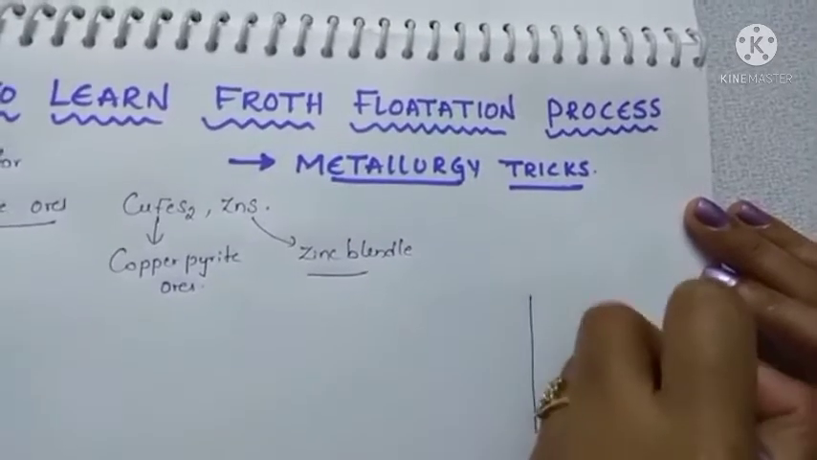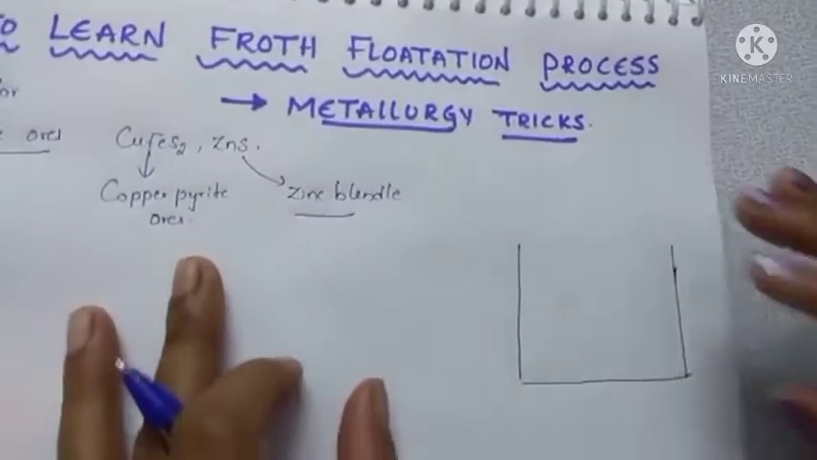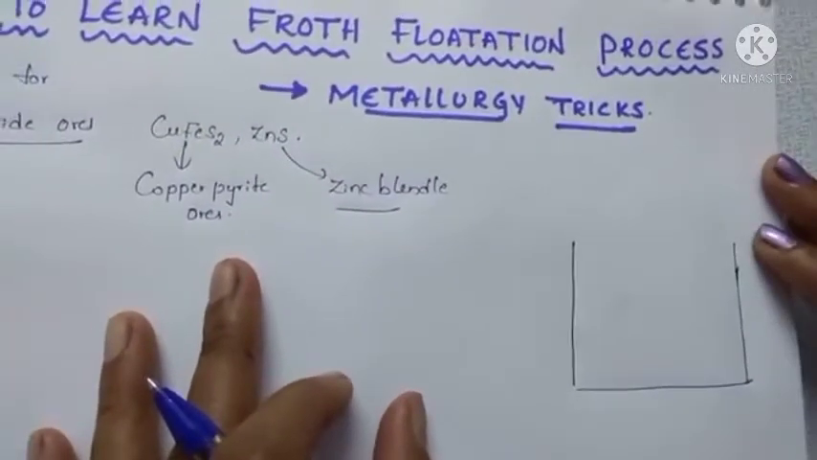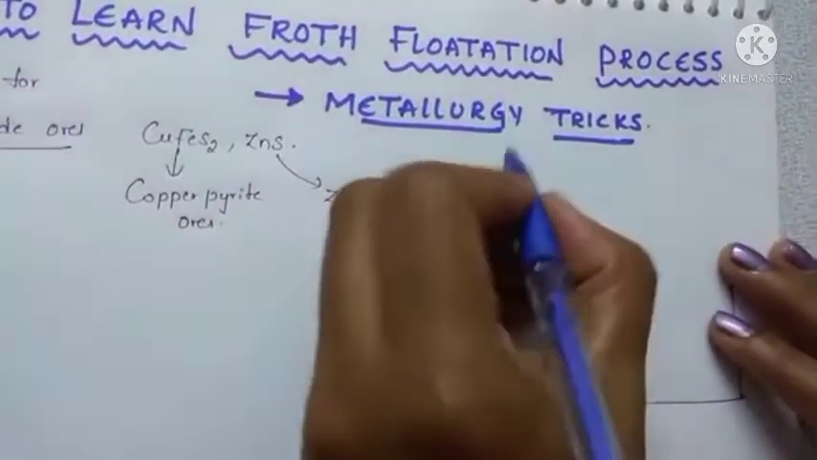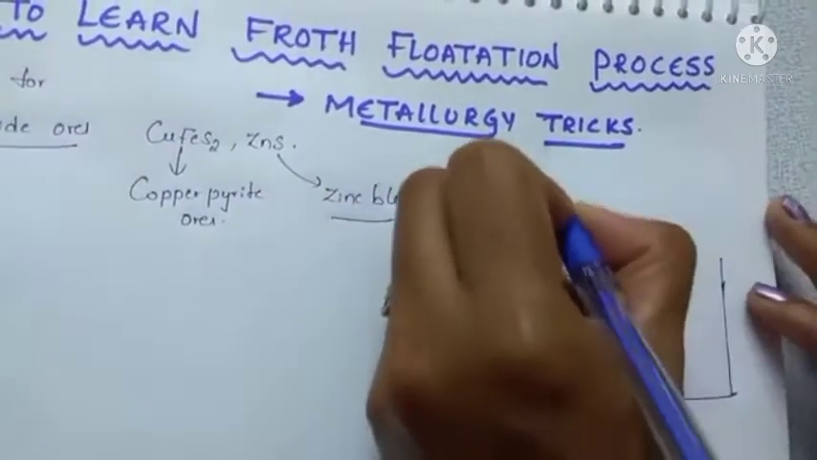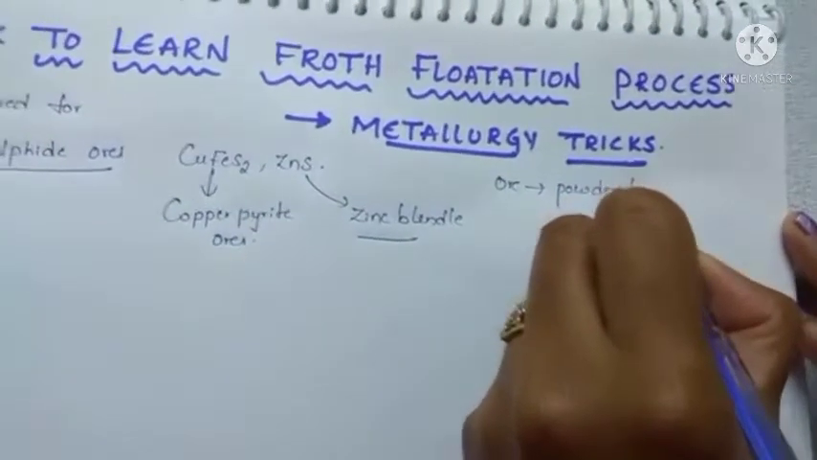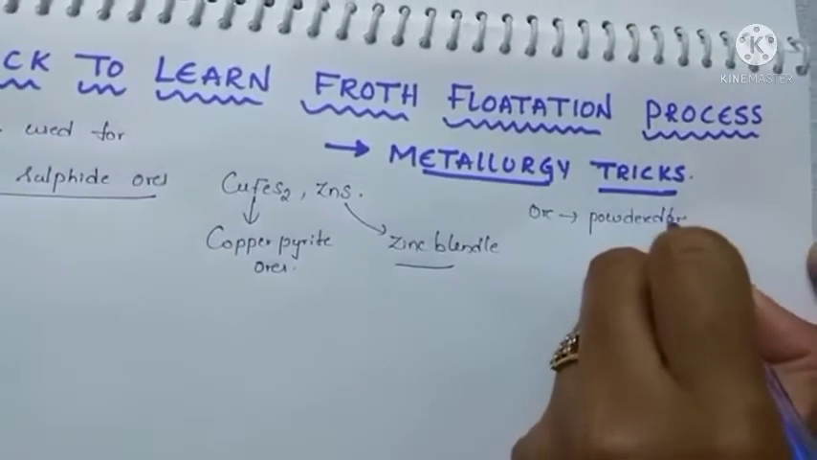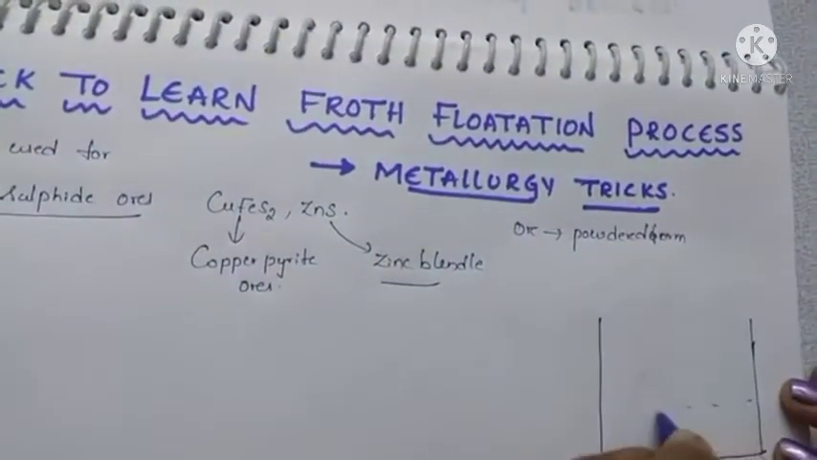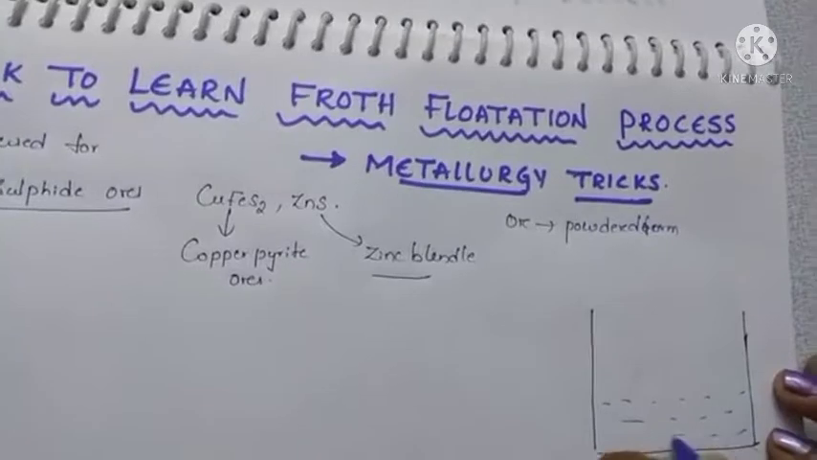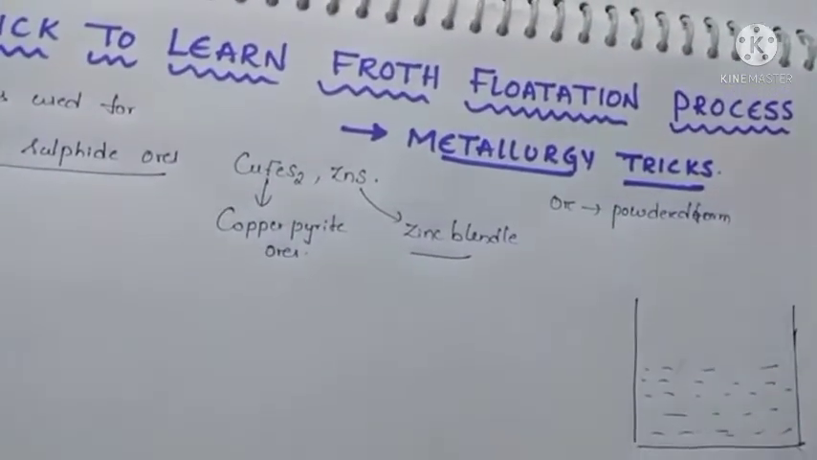Once we get the ore from the earth crust, we make it into a fine powder. What is the process? That is called crushing. By crushing, we convert the ore into powdered form. This powdered ore, we make it into a solution, and we take that solution here, and by